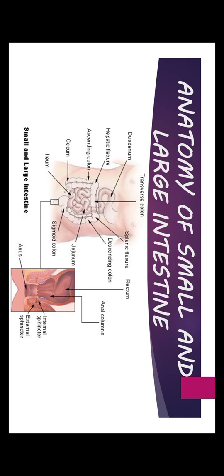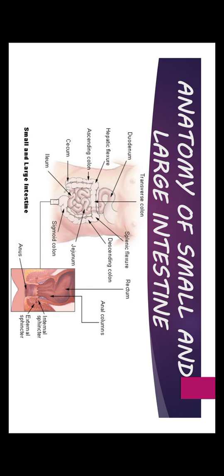First is duodenum. Duodenum is the first part of the small intestine, and the name means 12 because it is about as long as the width of 12 fingers. Duodenum is the shortest region, about 25 centimeter long. It curves around the head of the pancreas. Second is jejunum, the second part of the small intestine, which means empty because it is found empty after death. Jejunum has a wider diameter, on average 3 centimeter, than the ileum. The length of jejunum is 1 to 2 meter.